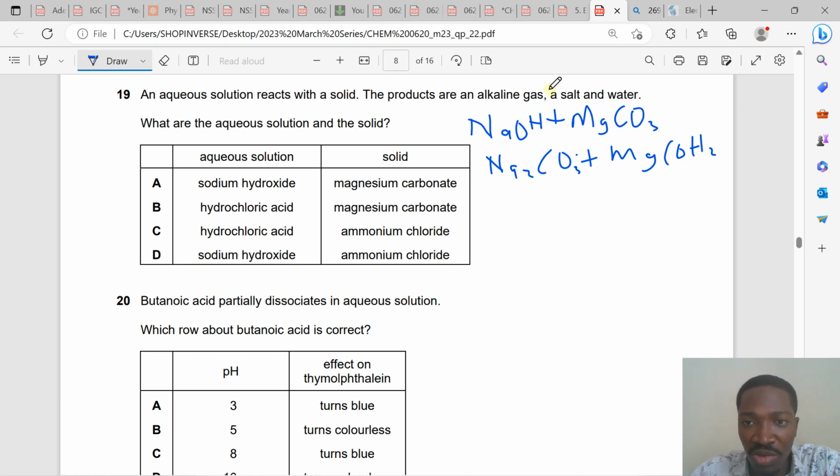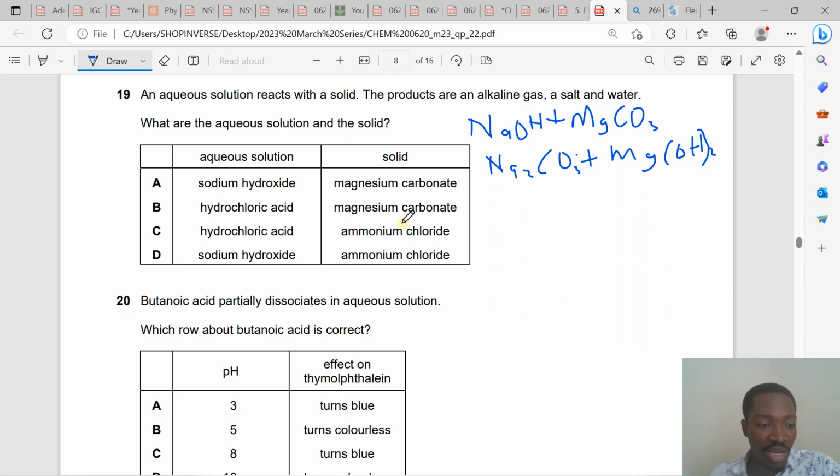Okay, so is it producing an alkaline gas? No. Is it producing water? No. So this is not working. Let's try option B, hydrochloric acid and